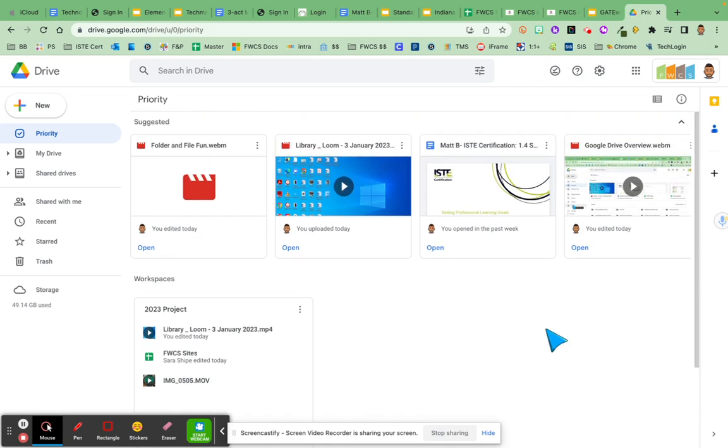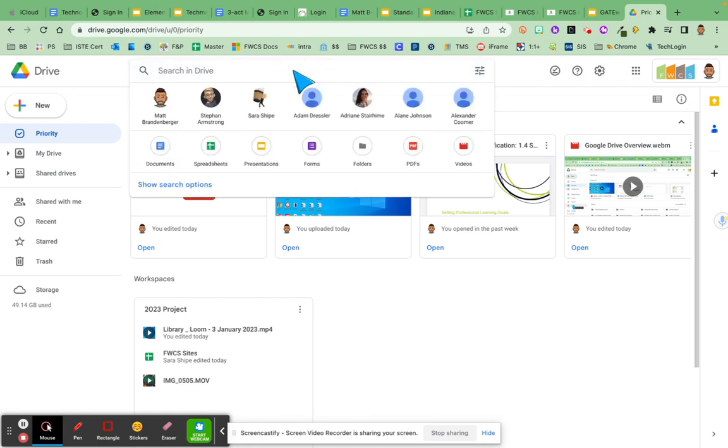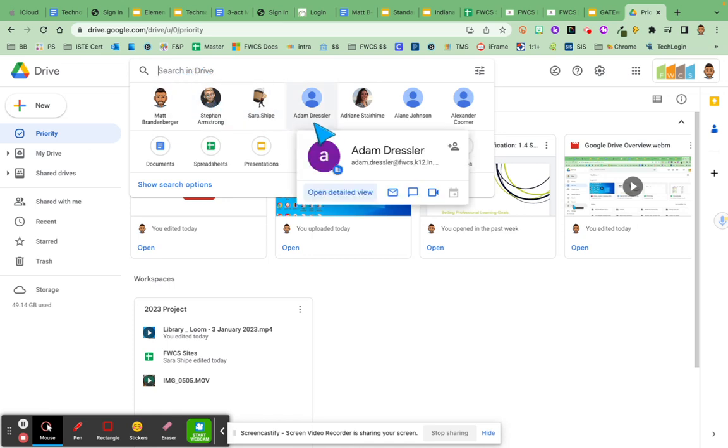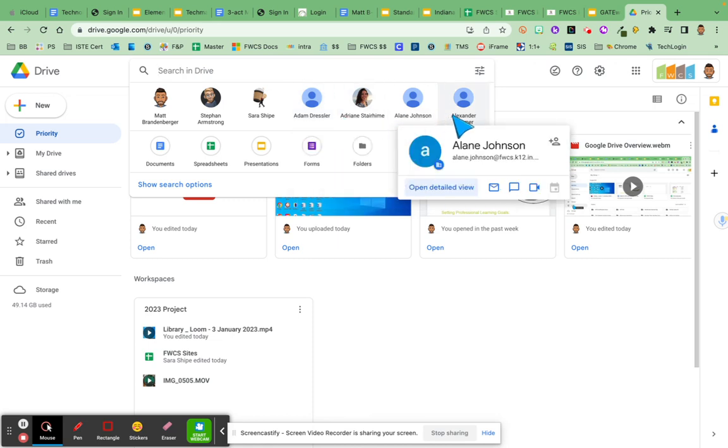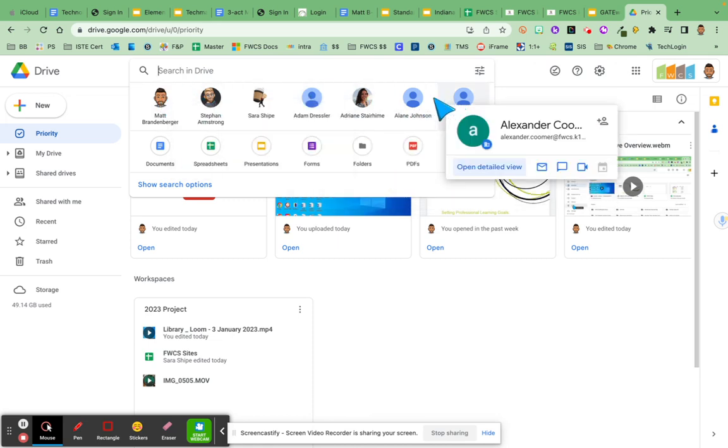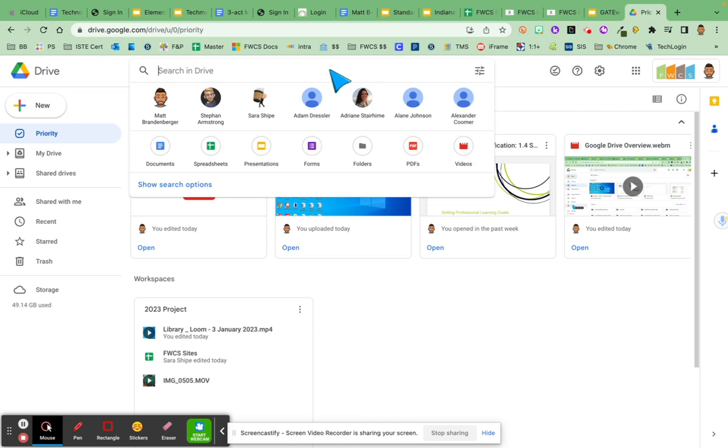Okay, one other thing to show you, and then we'll end this video, and that's the search function. This is probably the way, again, since my Drive is fairly cluttered, that I find things most of the time. So if I'm searching for something, I can type in the name of the file, and it will hopefully pull up there. I can also type in the name of a person, somebody that I've worked with or know that has collaborated with me, and I can see things that they've either shared with me or that we have worked on together. You can search by documents, spreadsheets, however you want to search those,